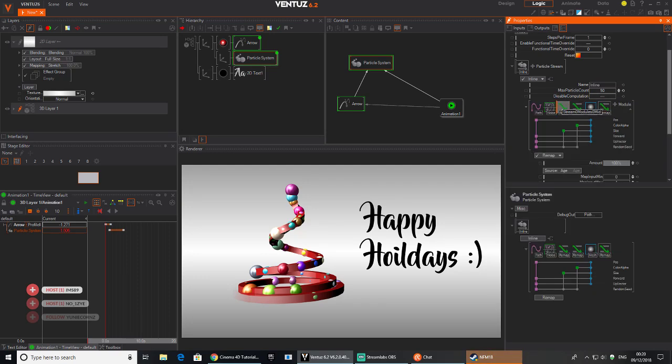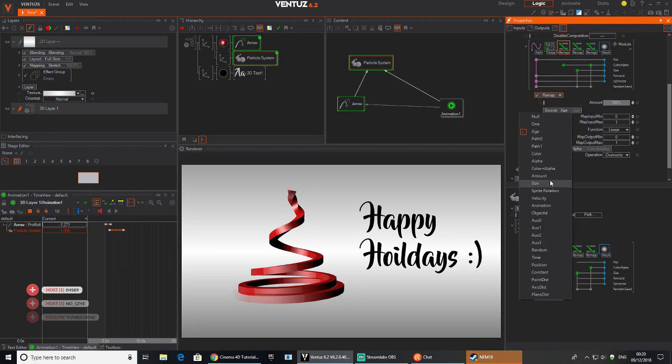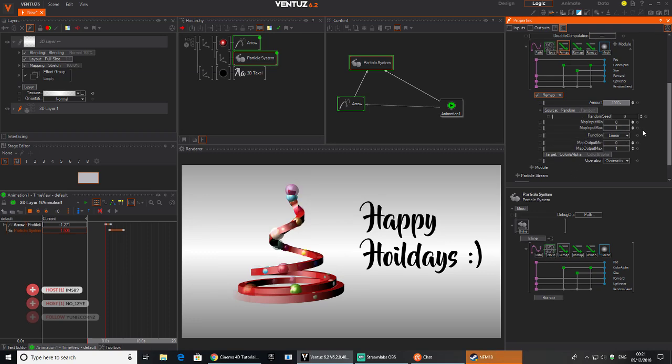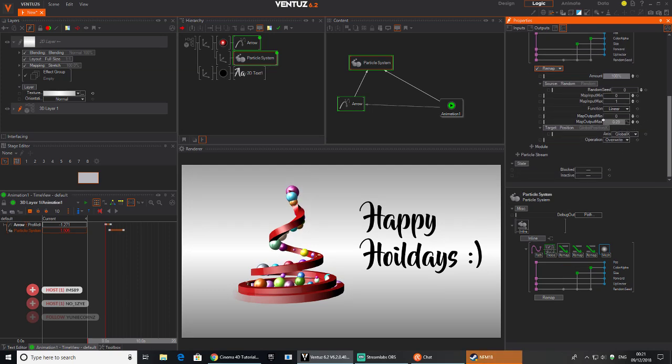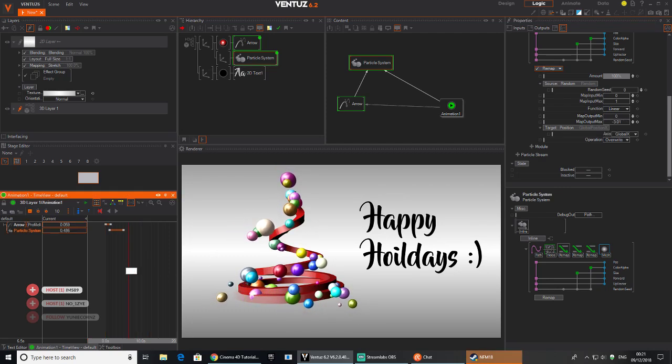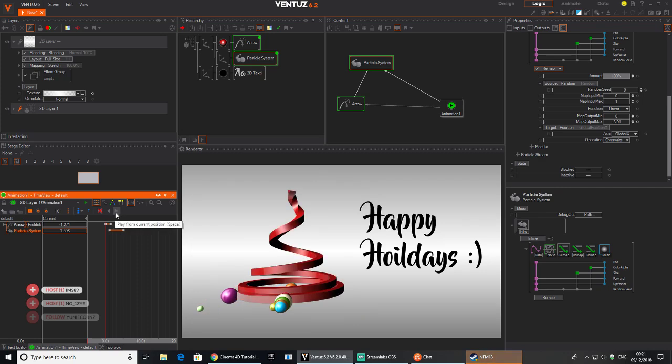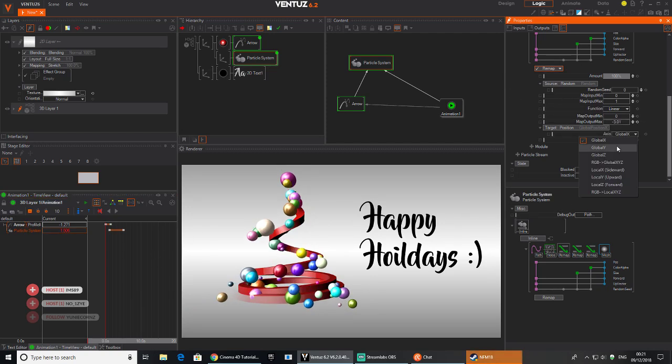If I did remap again, another remap, and I say random position. Oh, let's see how that looks. And that's just doing it random, but it doesn't look too bad. I think I'm doing it in the x-axis, but if I say